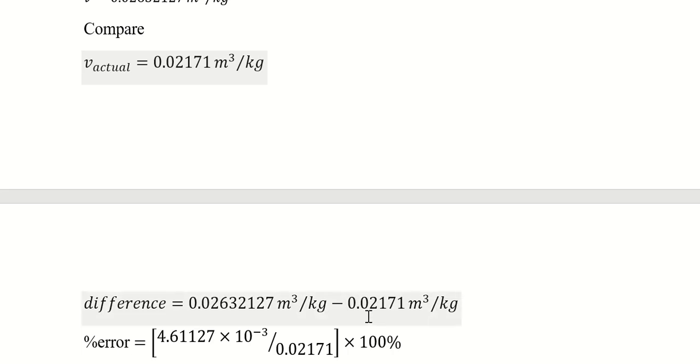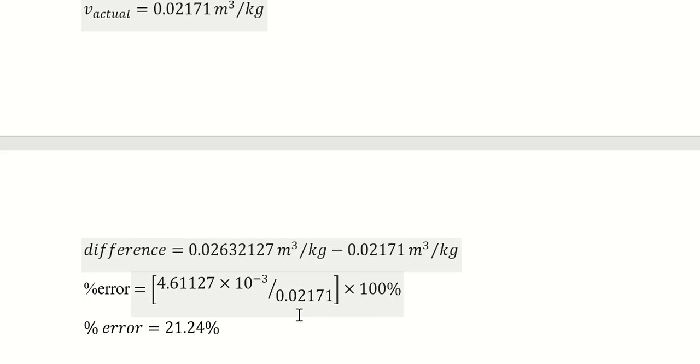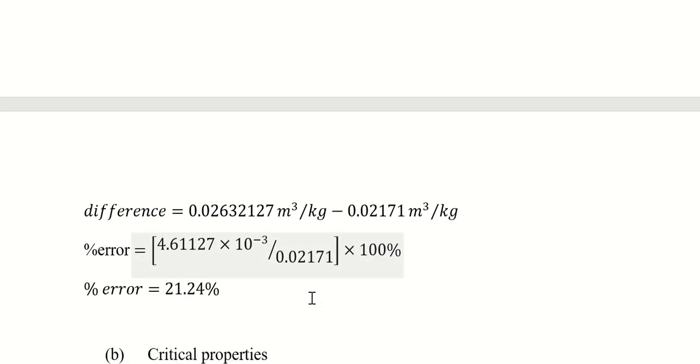That is the calculated value minus the actual value, which was given in the question. And now you're going to find the percentage error. This difference here will give you something like 4.127. You can redo the example and see whether we're following wrong. Then you divide by the actual value, multiply by 100%, and you're going to get a percentage error